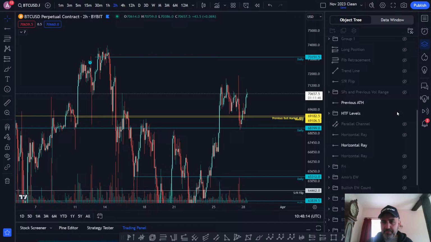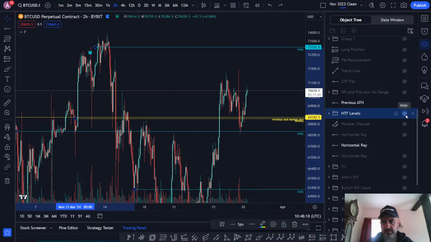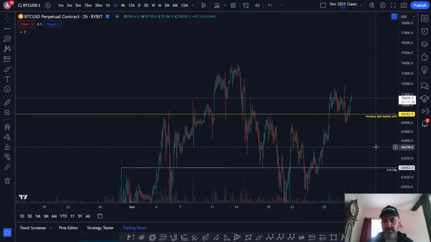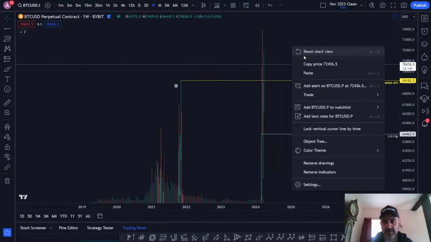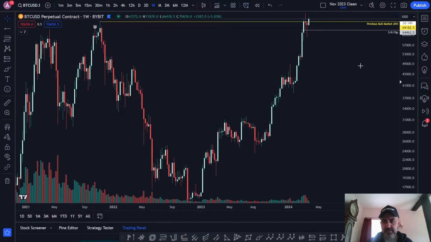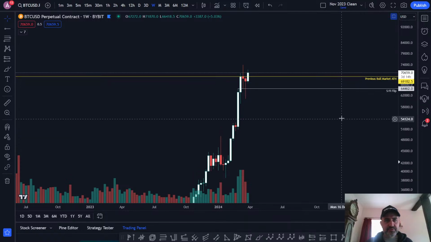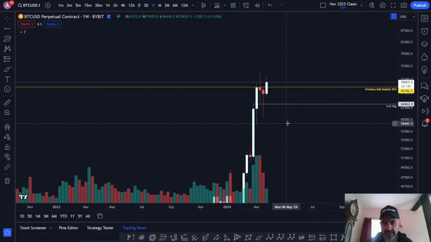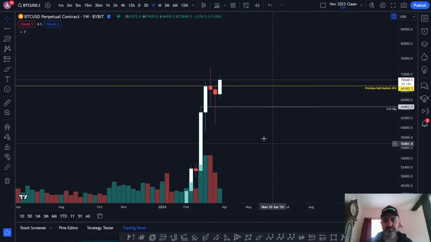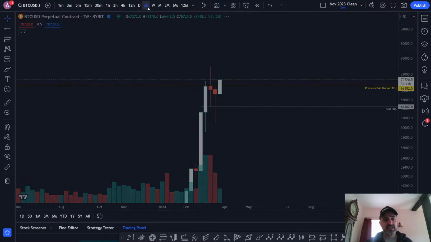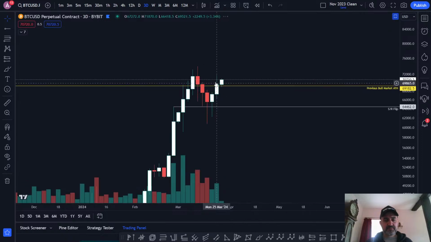Don't really think there's anything more to say about Bitcoin. I can't see anything interesting. There might be, I just can't see it. The weekly candle is going to form by this weekend. Potentially we're still range bound, and potentially we're forming a flat correction here over the next few weeks.